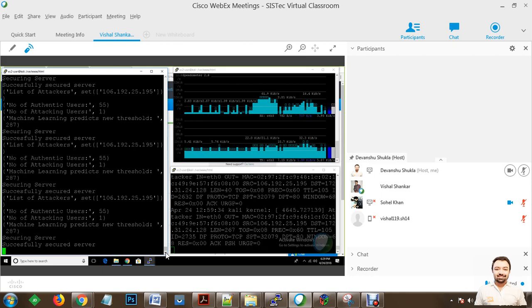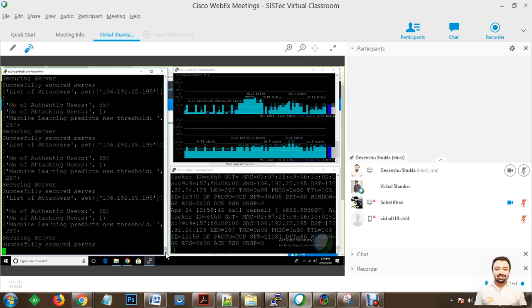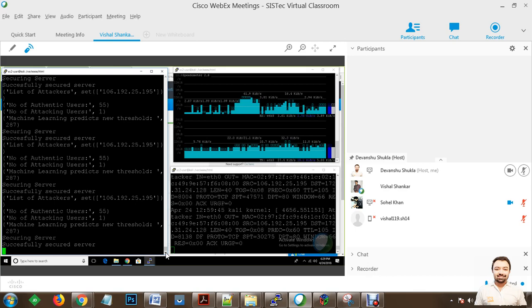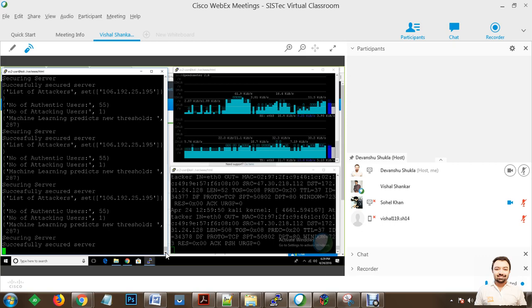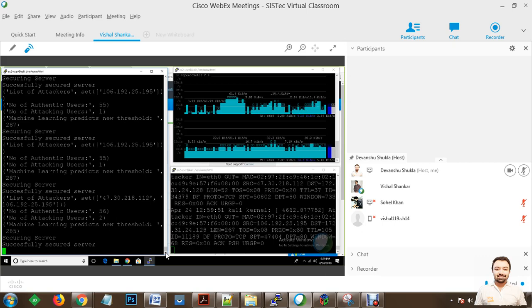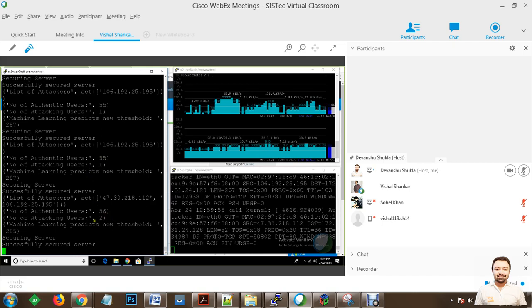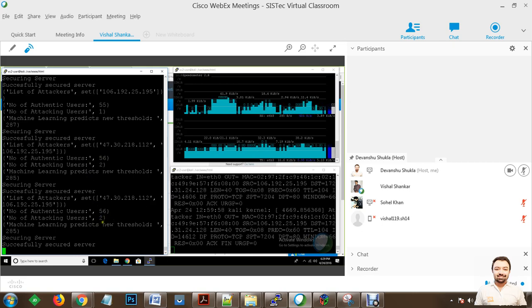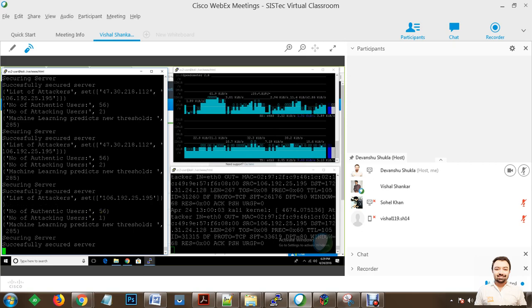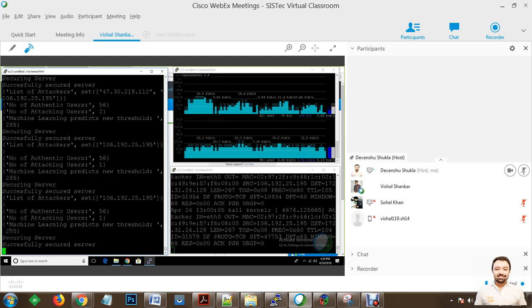So now regular users will be able to connect. Now you can see that as soon as the number of attacking users has been identified, that these are 2, the number of authentic users has also increased. So once this information has been identified, the threshold will change automatically.